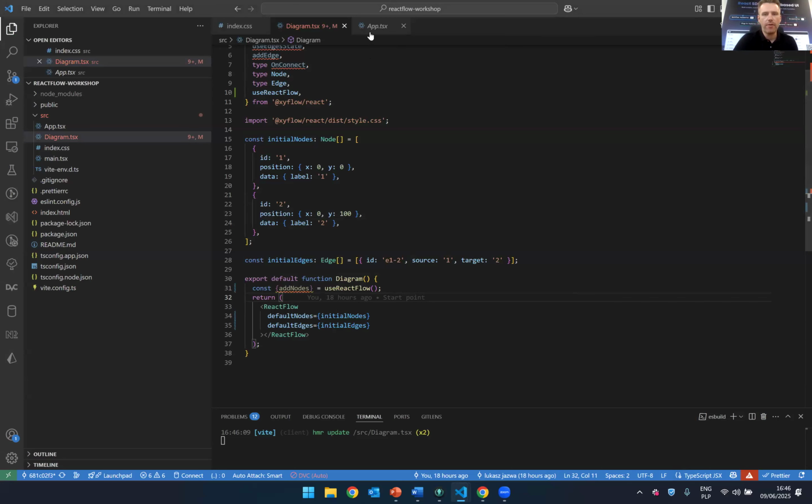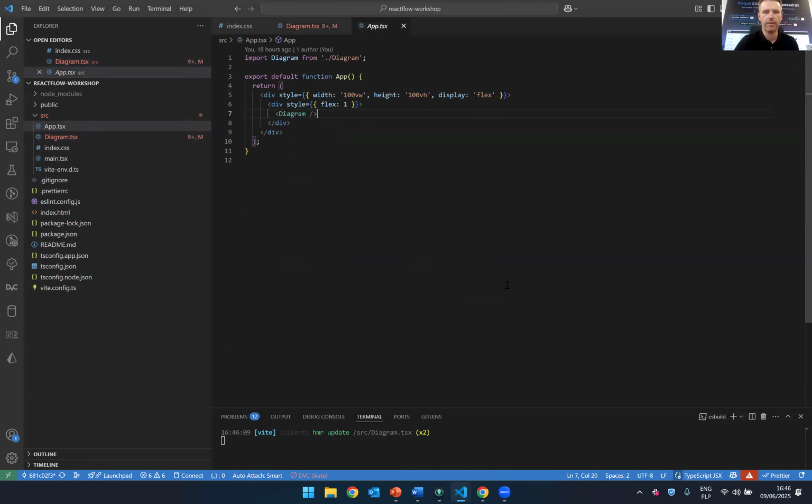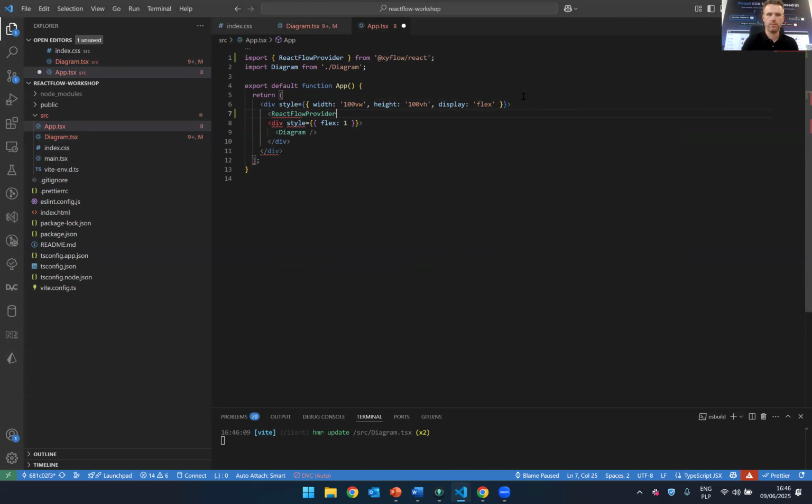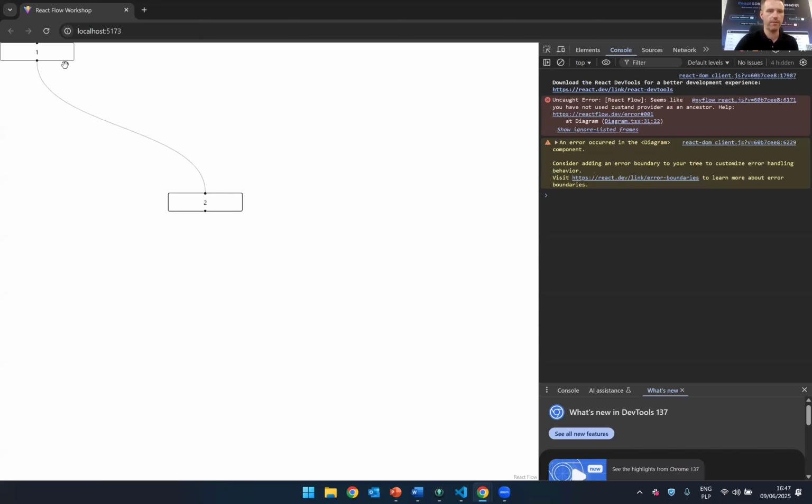So every React object which wants to have access to the React Flow state needs to be wrapped in this provider. So we're going to add it in here. All right, and now when we switch to the browser, the diagrams work. Okay, so